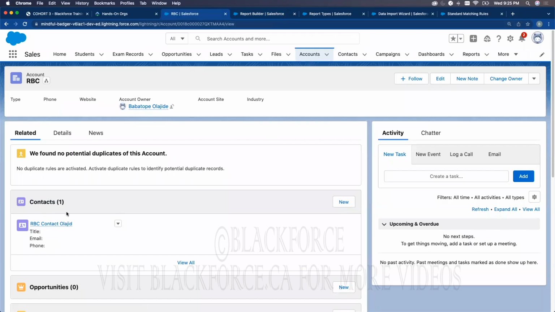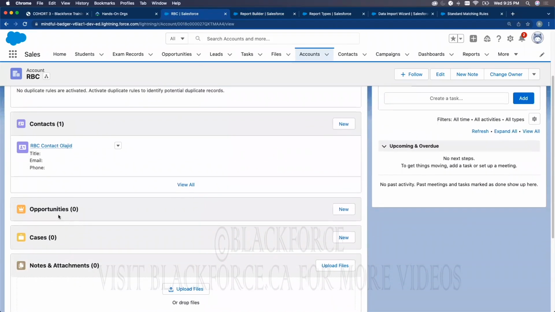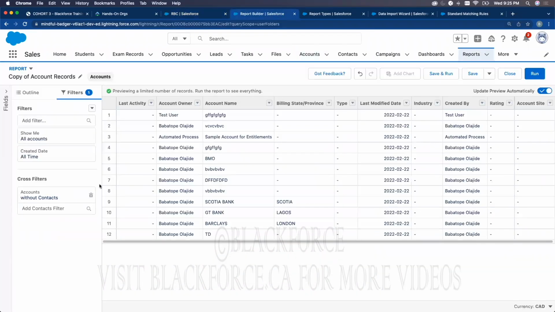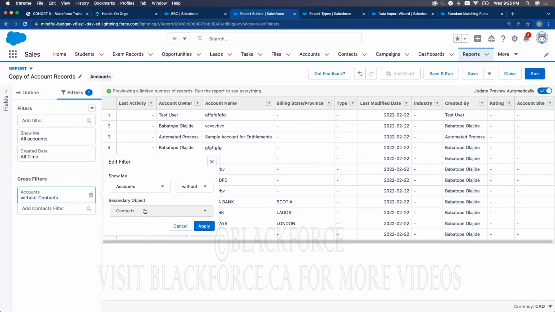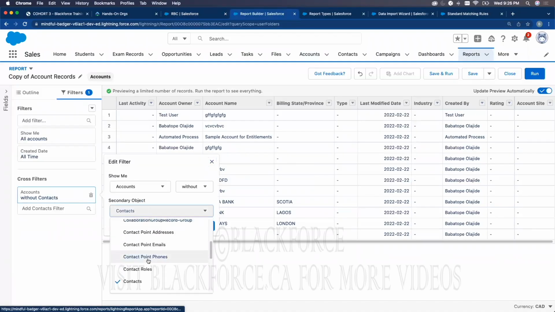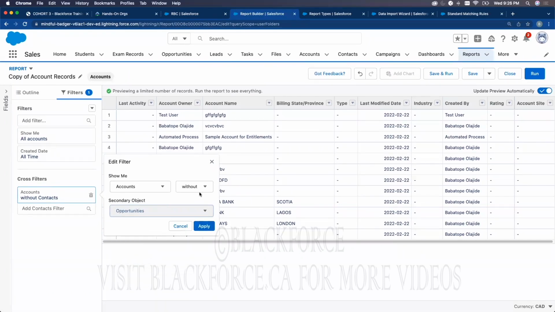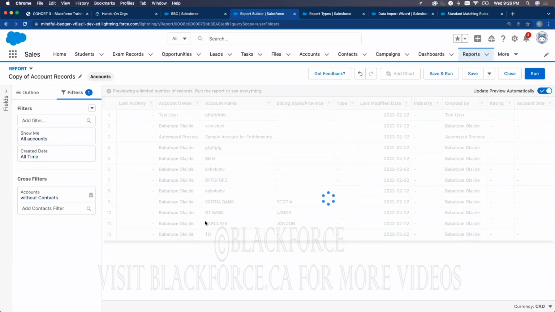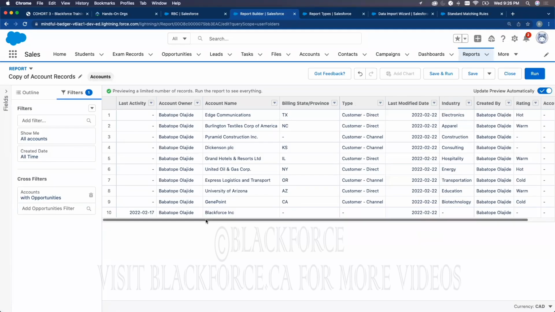If you don't have the object as a related object, you cannot create a cross filter based on that. Okay, so if I go to give me all accounts with opportunities, or without opportunities, this is what they call cross filter. Cross filter is filtering records in a report based on a related object. Okay, so now that we have the cross filter,